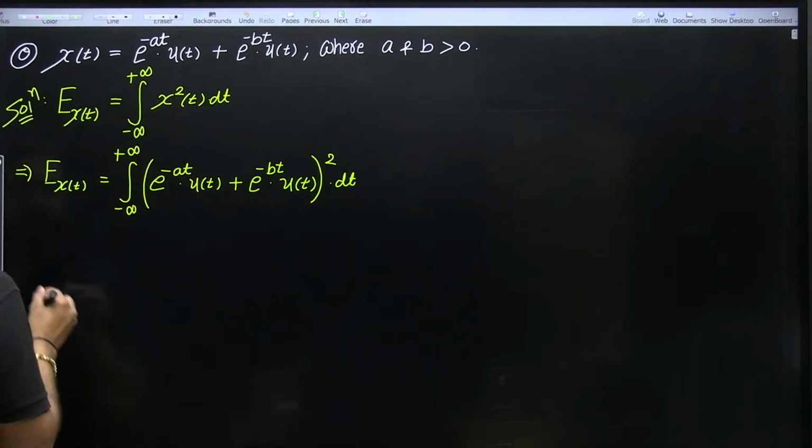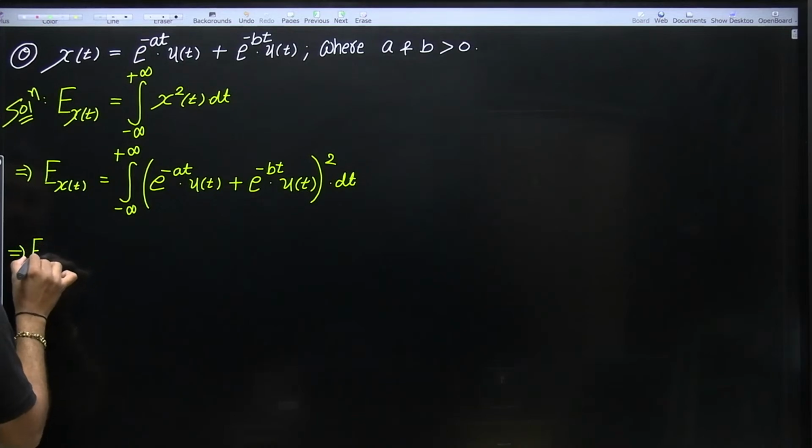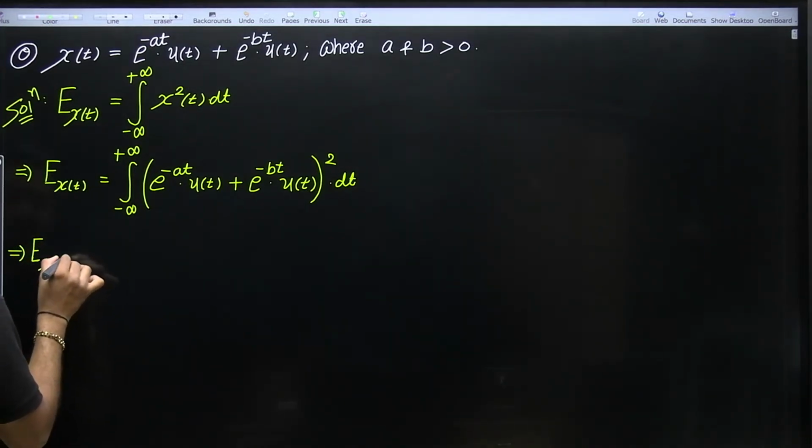Now again, a plus b whole square. So the energy of x(t) will be